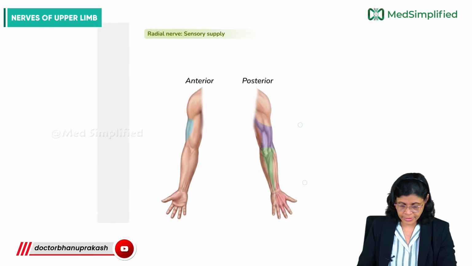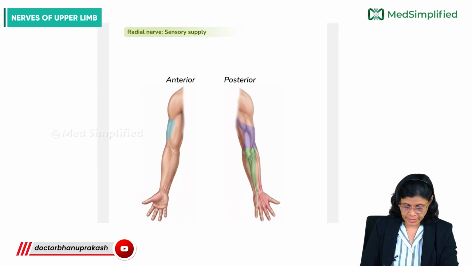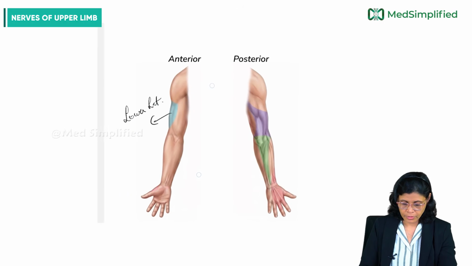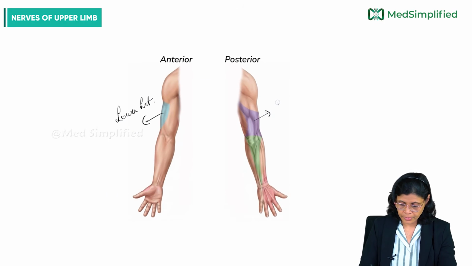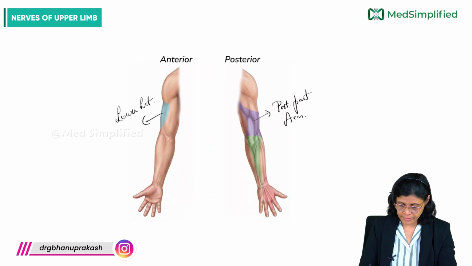Here we can see the sensory supply: the lower lateral part of the arm, the posterior part of the arm, as well as the posterior cutaneous nerve of the forearm, and through its branch the dorsum